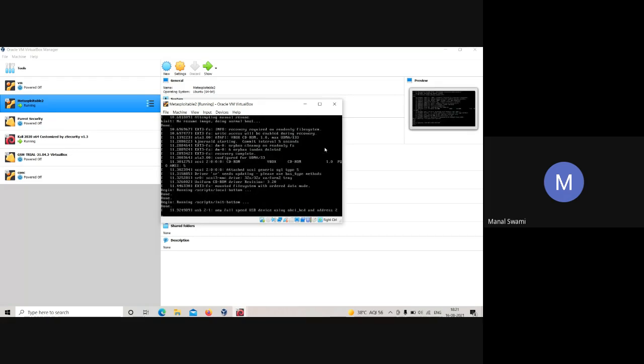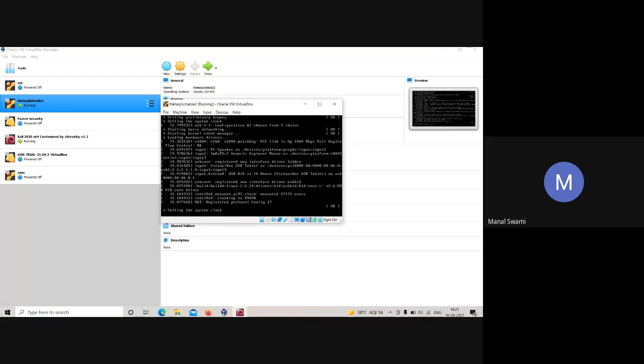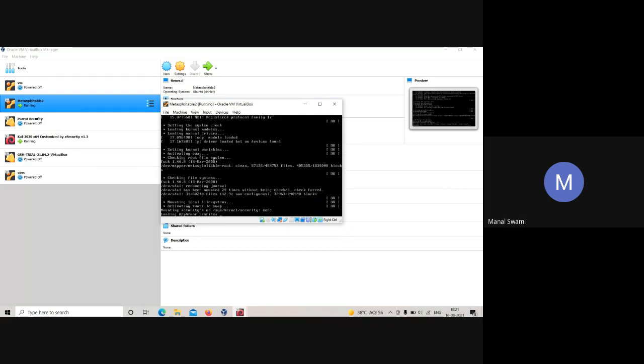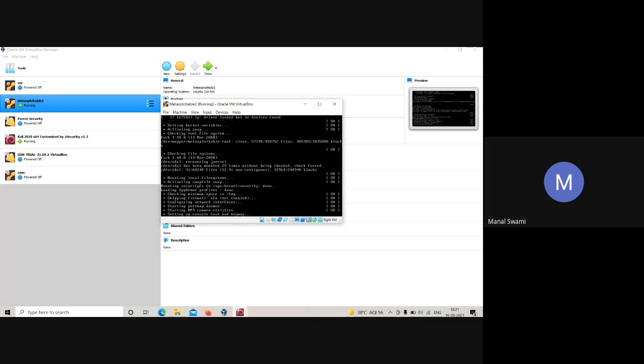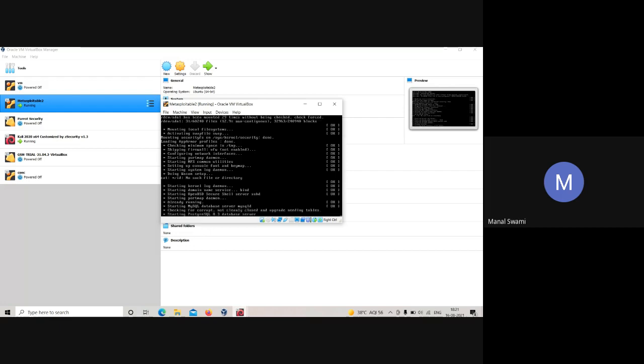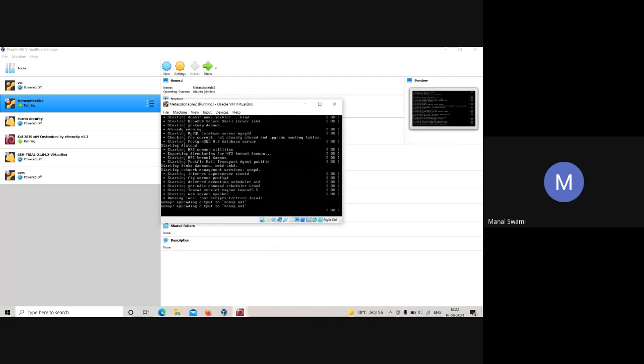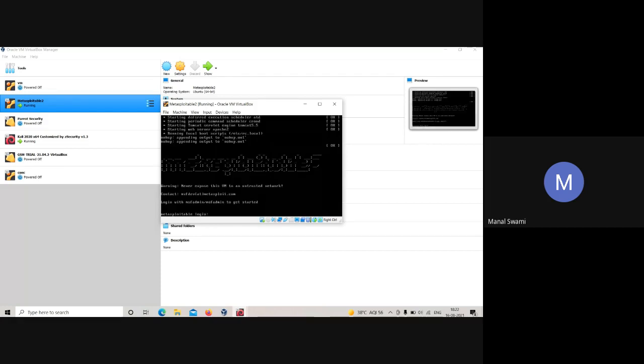Now the next thing is what is exploitation and post exploitation. Always remember, when you hack into a system, that process is known as exploitation. And once you are in the system, whatever activity you perform in that system is known as post exploitation. Post exploitation can never be done directly. First you will have to exploit the system, and only then can you do post exploitation.